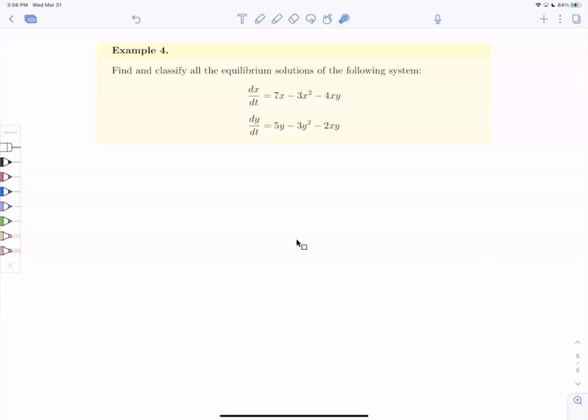Okay, so 4, they can coexist. Yes, exactly. Okay, so I will post the find and classify all equilibrium solutions, the other things, on Quercus tonight,